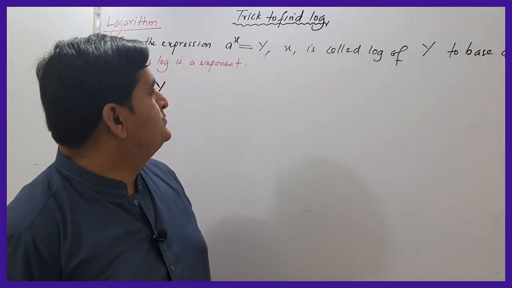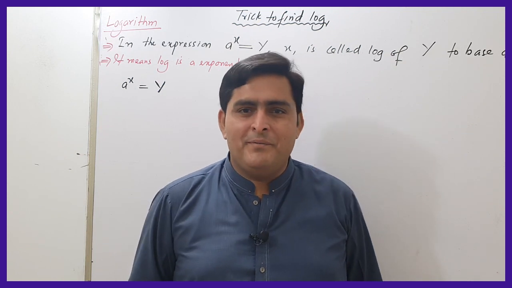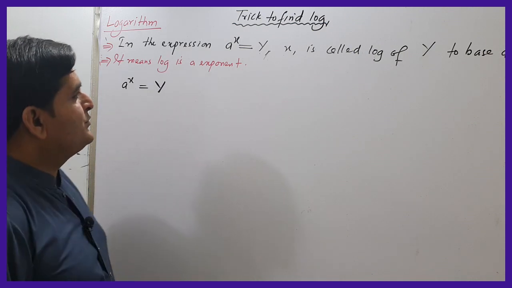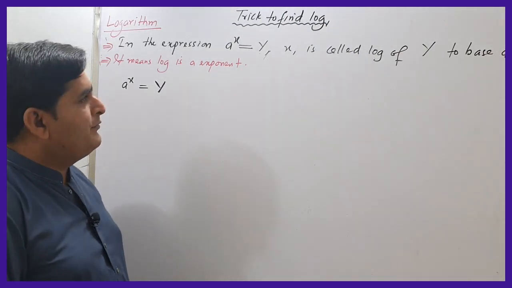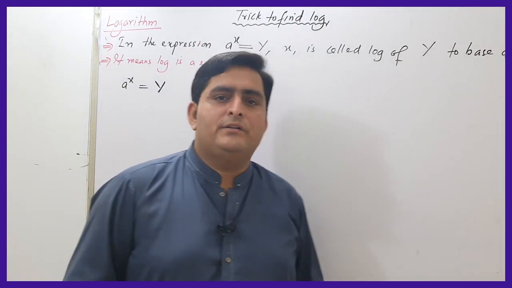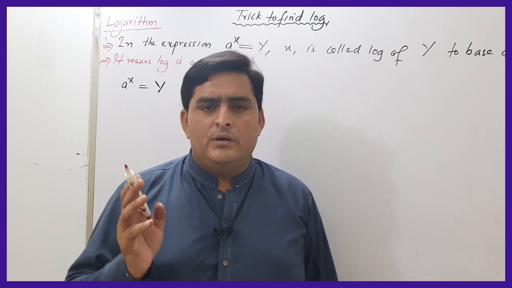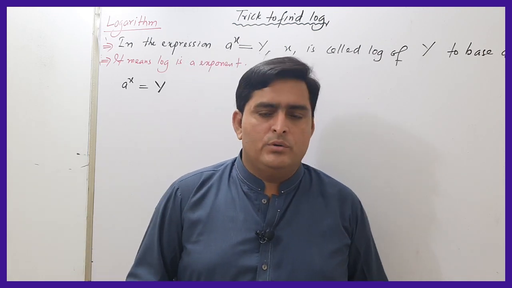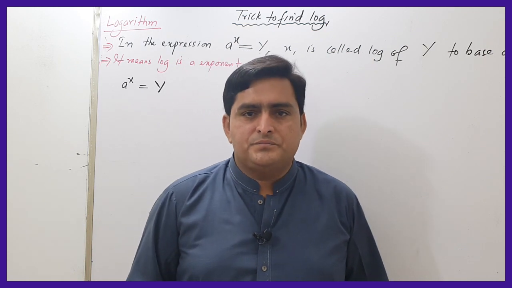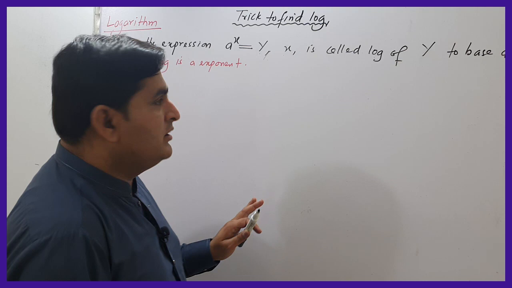Today we will do an amazing topic of first year chemistry, that is logarithm. Logarithm is one of the most important and tricky topics of chemistry. So to find logarithm, first of all you must be familiar with exponential numbers, how to convert a simple number into an exponential number, and what are the parts of an exponential number. After that you can do logarithm.